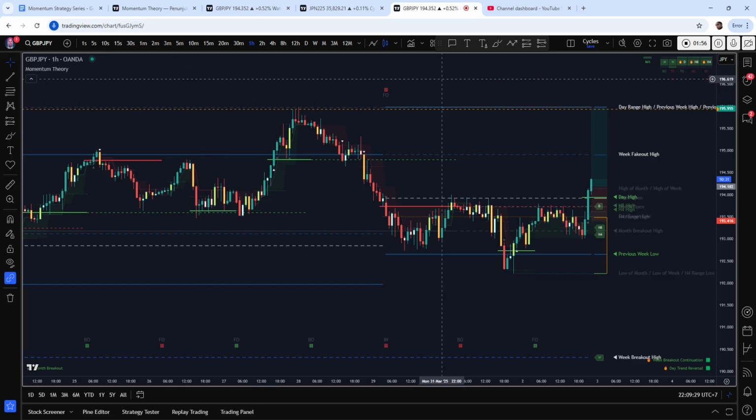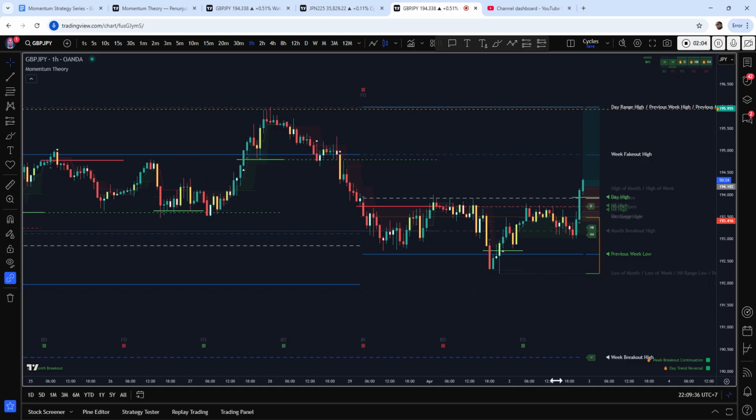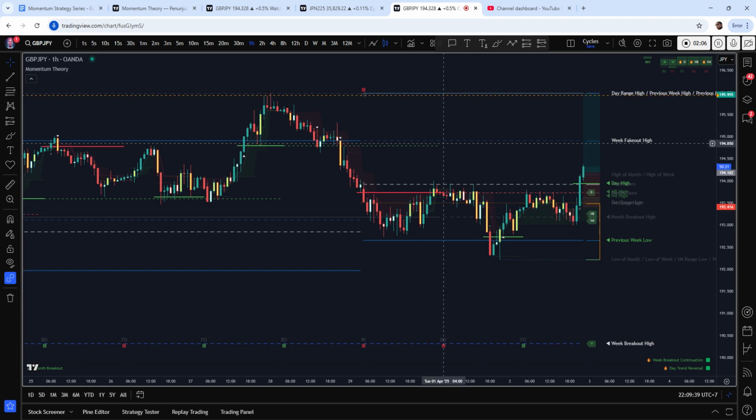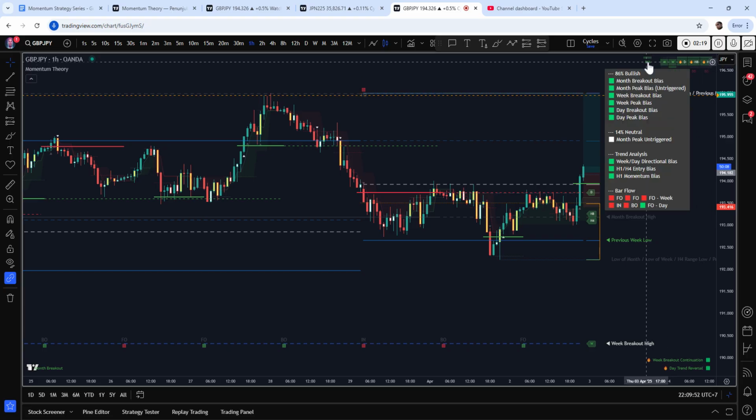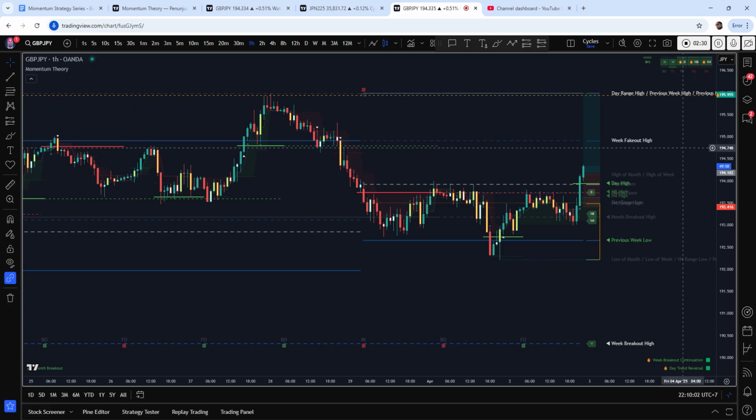don't have all those different charts, all those different screens, and I don't have a second screen to have a look at other things. But all the information that I need to see, I can see all in one time frame. So I can see the higher time frame breakout levels. I can see which peak has been triggered. I can see how the previous bar has closed, and I can see the analysis here, how many of these higher time frame breakout levels are bullish and how many of the peak bias are bullish as well. So I can immediately see that quickly, and I can also see which cycles the